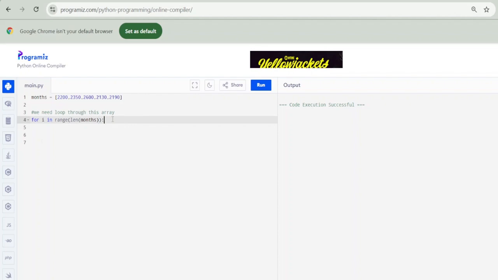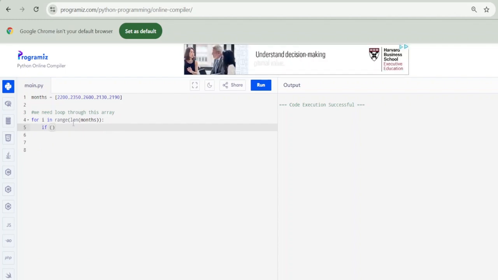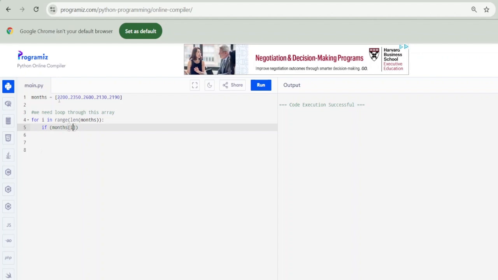And we're going to put these 2 dots right here, you can't forget this. And we're going to do if months, little bracket right here, because this will make sure it goes through these indices. So if months[i] equals 2,000,